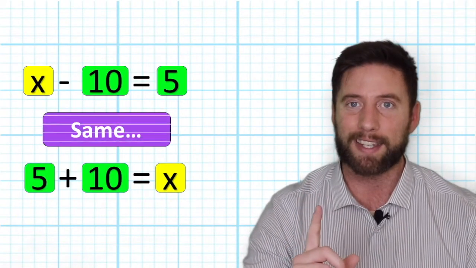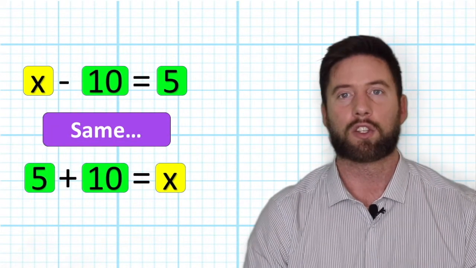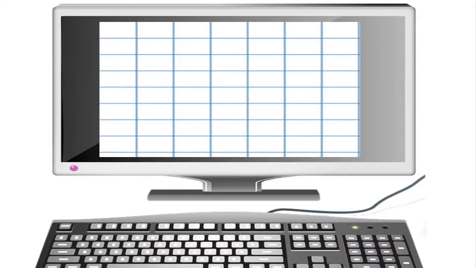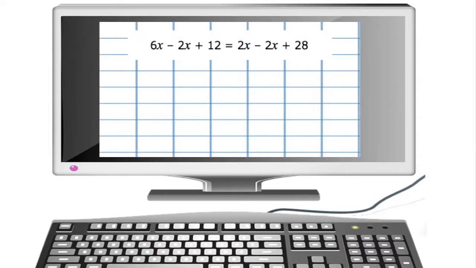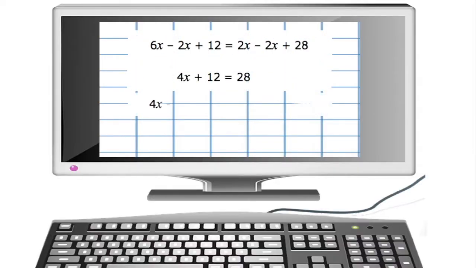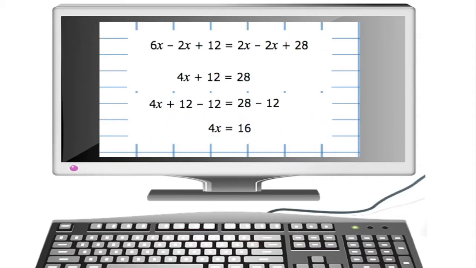But it's not quite as easy to tell what X is. So you could look at algebra like a game. You will be given big algebraic equations that it's your job to solve, simplify and find the value of the unknown values. And we are going to learn a lot more about actually solving equations